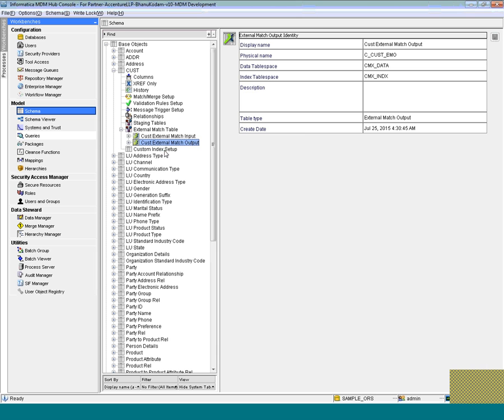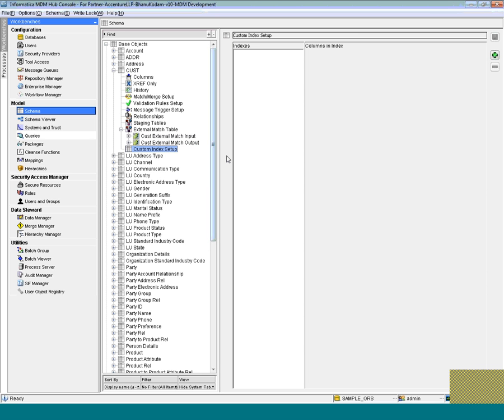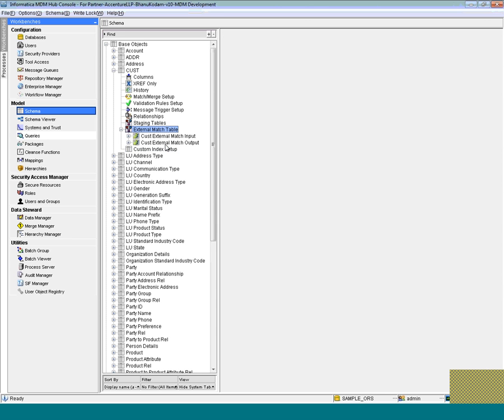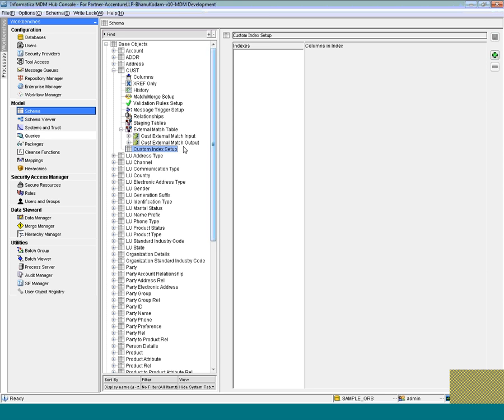And custom index is the final option. Custom index is very similar to the indexes in an Oracle database. The only difference is that it will be created by the Informatica Hub Console, and it will also be maintained by the Informatica Hub Console. So this is the video about